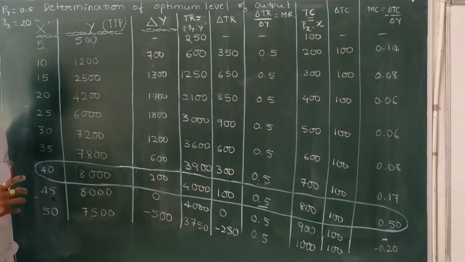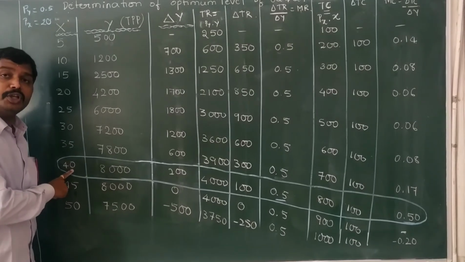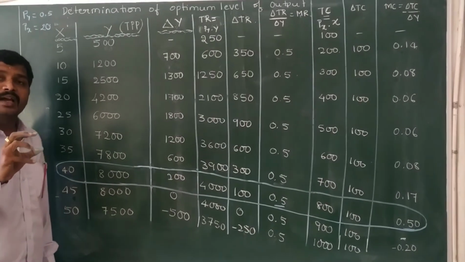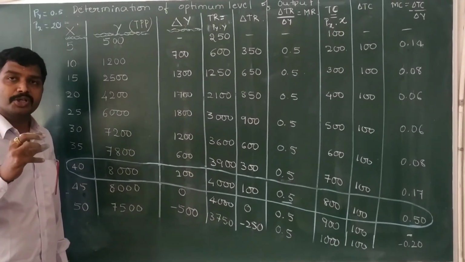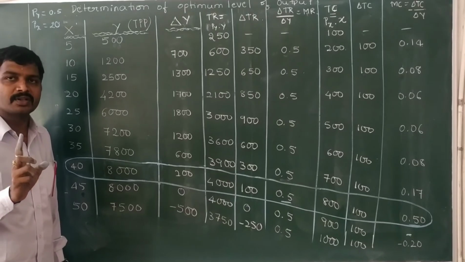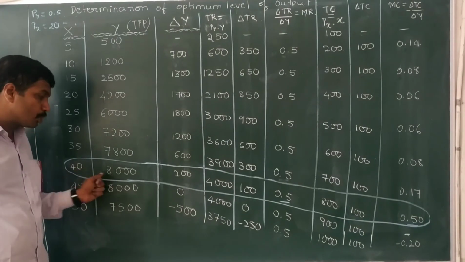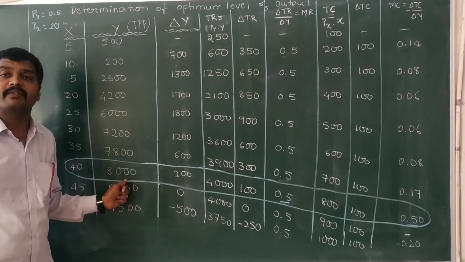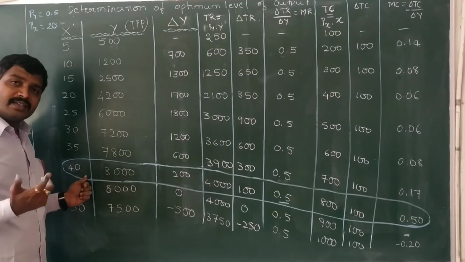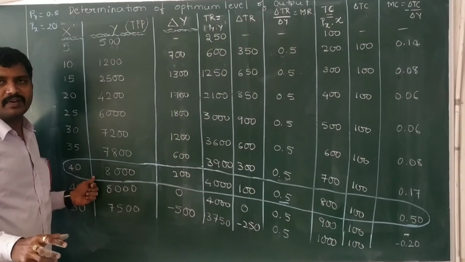When we did the optimum level of resource use, we got 40 units. Is it not? That means either way, the operational decision of how much to produce can be addressed either by determining the optimum level of resource use or by determining the optimum level of output production. In both cases, the same combination has yielded maximum profit.